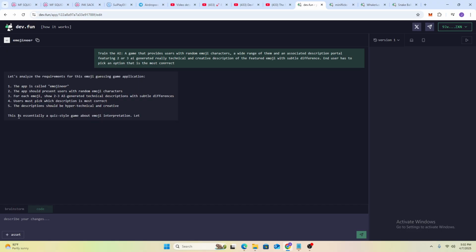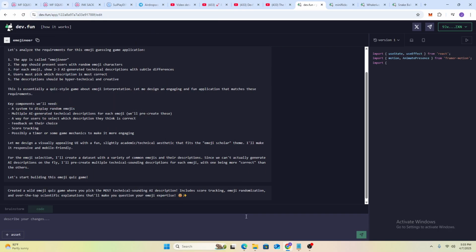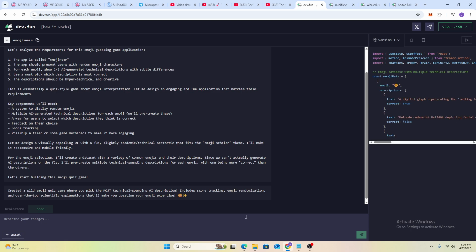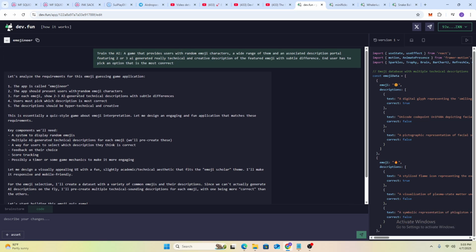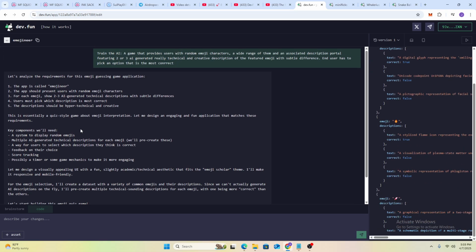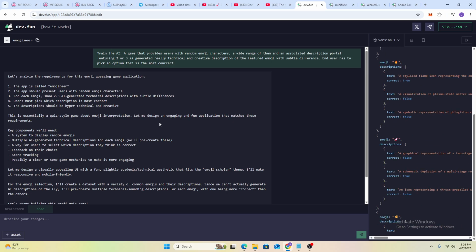It's already building it. Wow. Hopefully it will get the gist of it, but let's see. Now, you see here, this is also very good with prompting in case you are using Windsurf, Cursor, and all that.